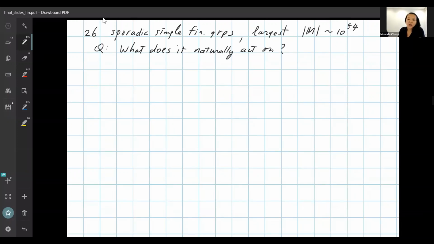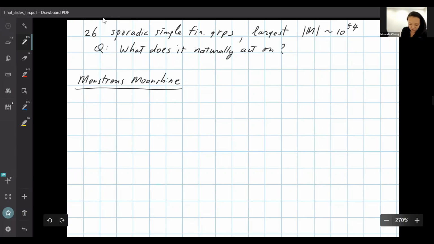So this question is, let's say, partially answered by what's called the monstrous moonshine. Among other things, it says that there is a vertex operator algebra, V natural, which is Z graded, and such that